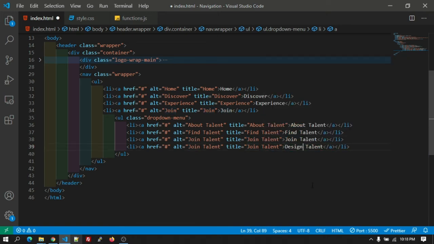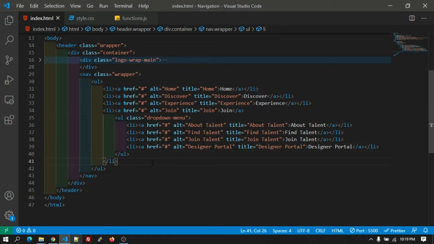Then designer portal. So this is the submenu for the join.